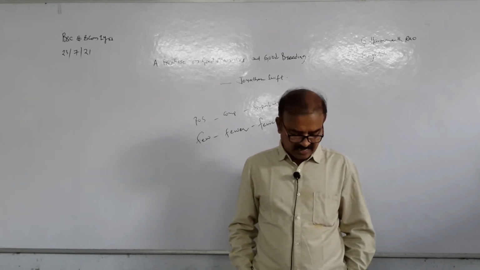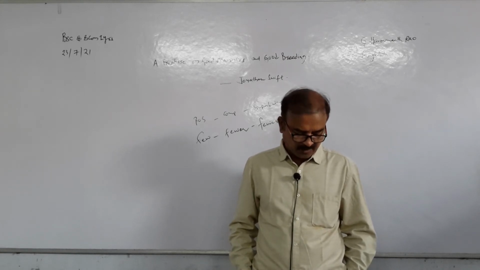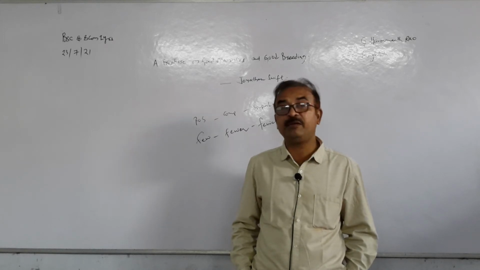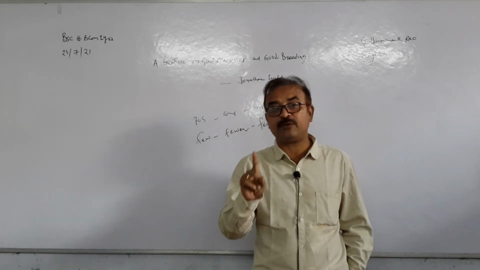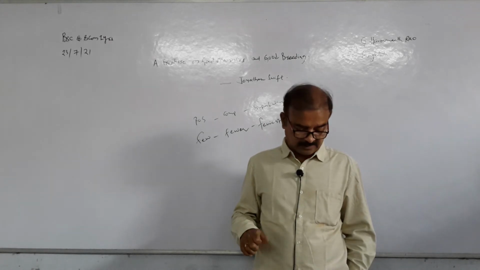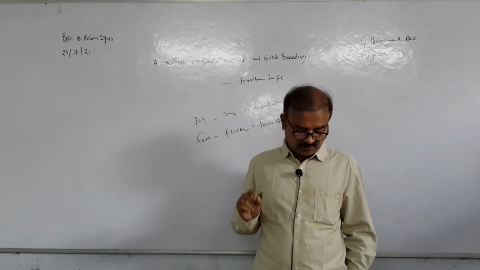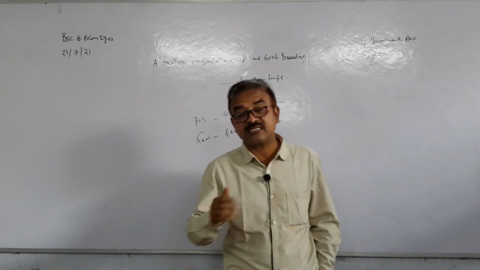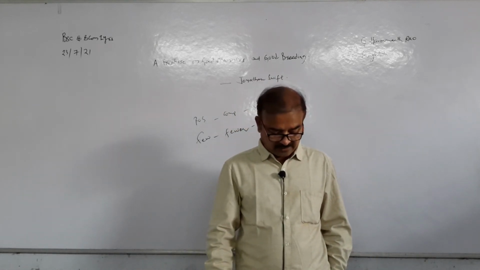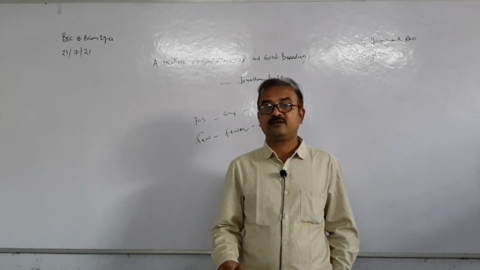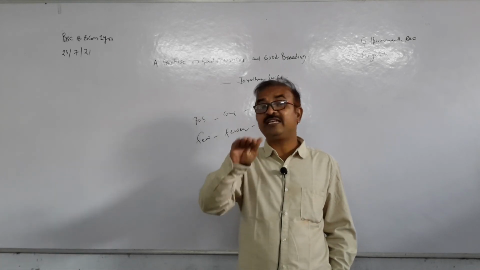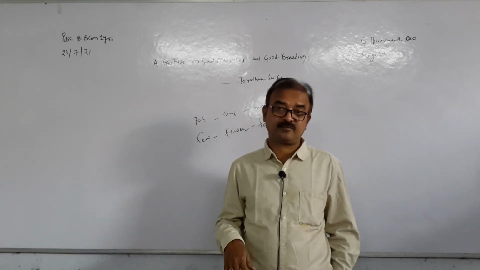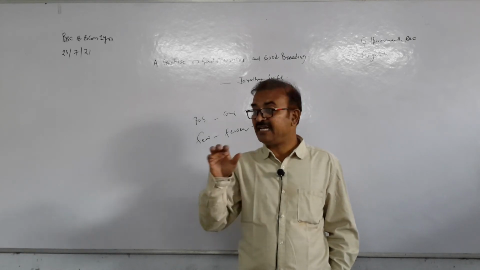One principal point of this art is to suit our behavior to the three several degrees of men: our superiors, our equals, and those below us. So there is one principal point, that means one chief point, one main point, of this art: to suit our behavior. That means we have to match our behavior to the three several degrees of men, which is nothing but three kinds of people. Our behavior should match three kinds of people in the society.